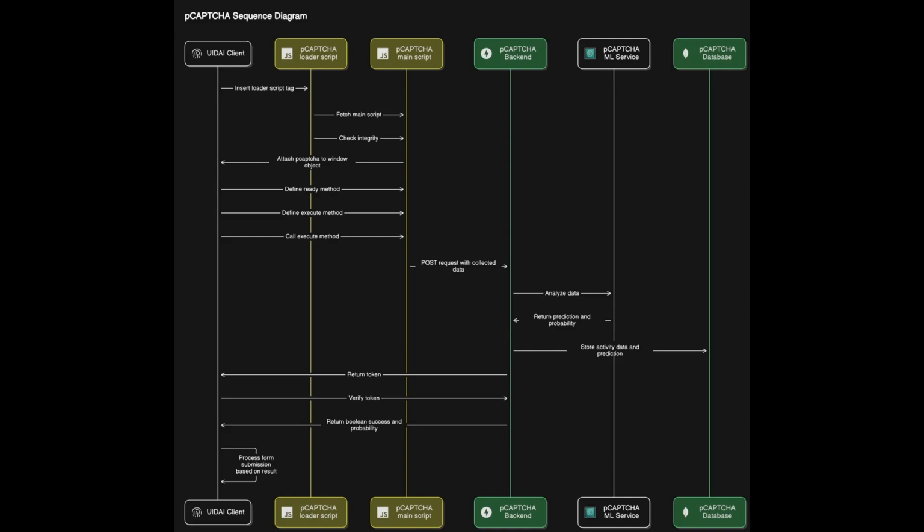So whatever the data, prediction and probability is, it is stored in the pCAPTCHA's database for further training purposes. Then a token will be returned from the pCAPTCHA backend. That is, when storing the data in the database, we will create a token that will help us identify that particular prediction. So that token will return to the UIDAI client, and the UIDAI client will again make another backend